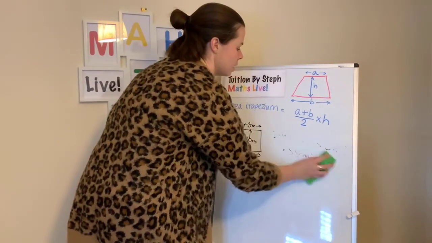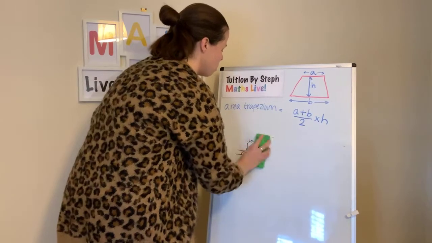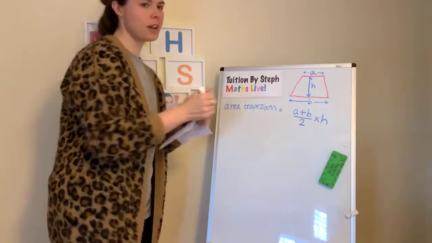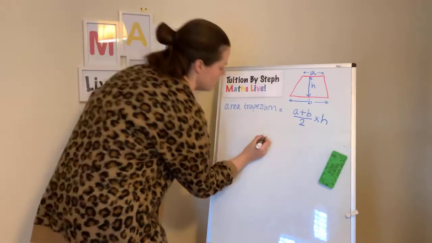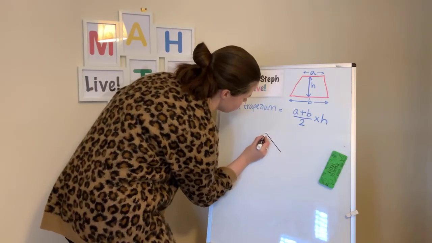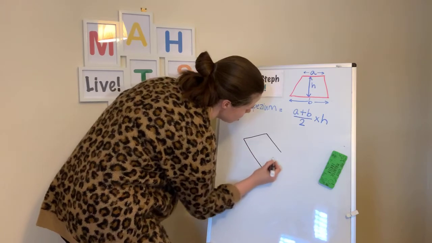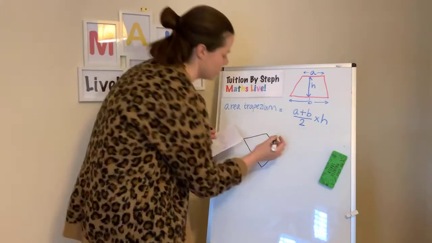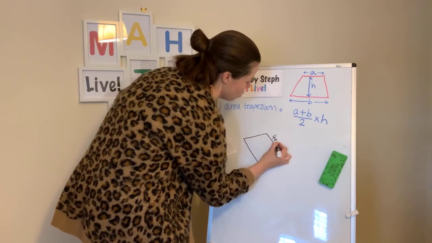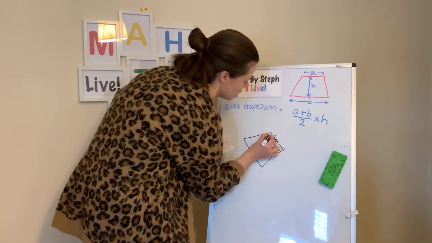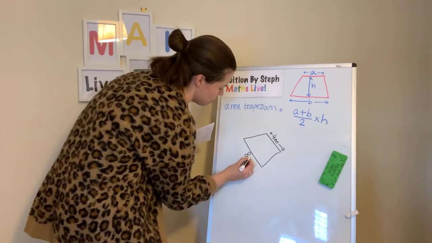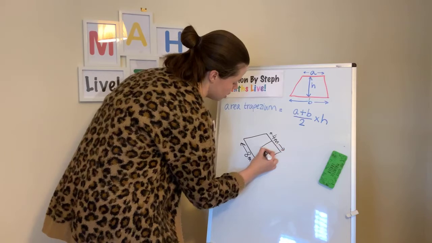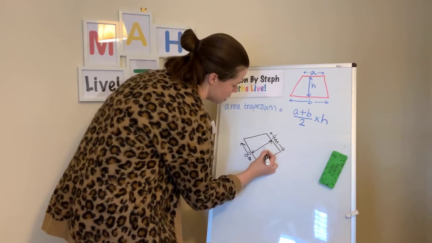Right. Let's try another one. Okay. And by the way, trapeziums, it could be this way around. It could be a sideways trapezium, but it's still a trapezium. Okay. It could be a fat trapezium. It could be a long trapezium. Now, if I told you this was 4 metres, and I told you that this was 8 metres, and I told you the height was 6 metres,